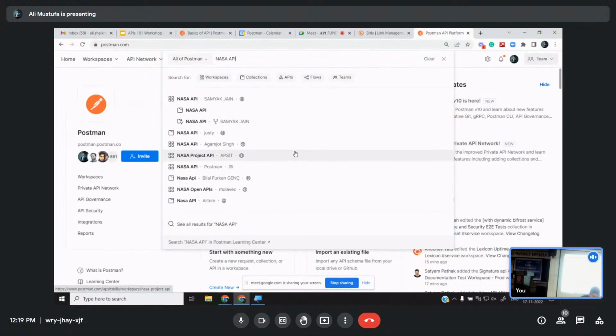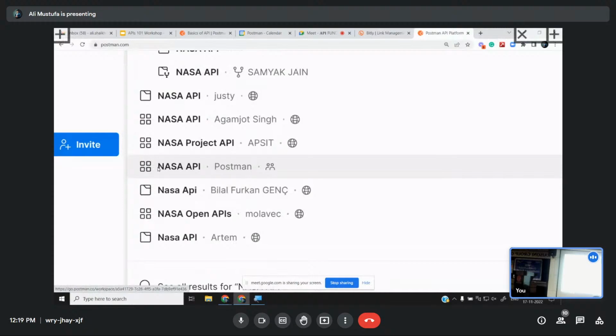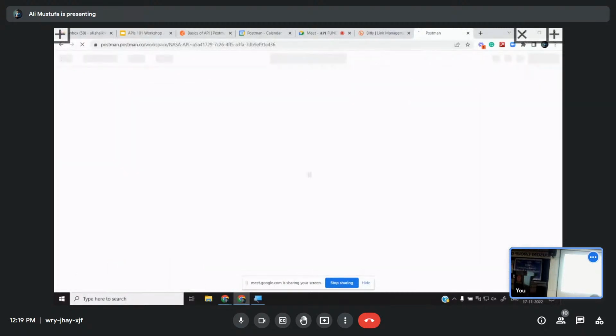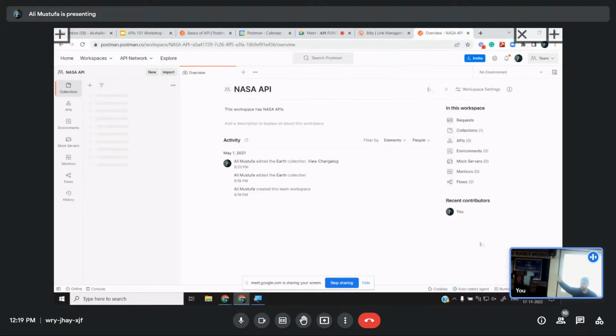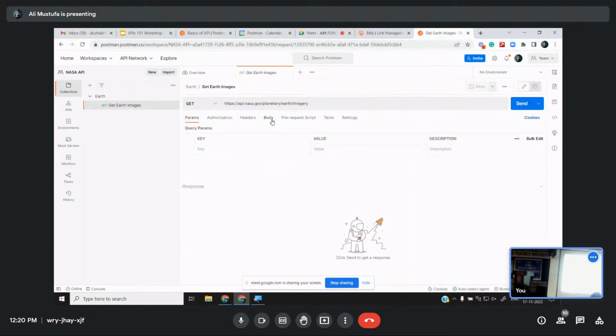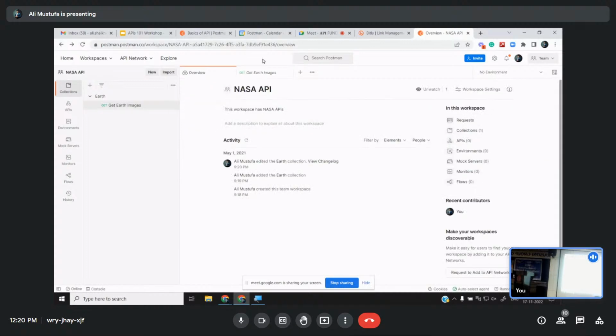Click on the one which says NASA API from Postman. Or everyone will see a different result, huh? So you can click on any NASA API basically. I have actually created one for Earth, but you will find one for basically any other API.